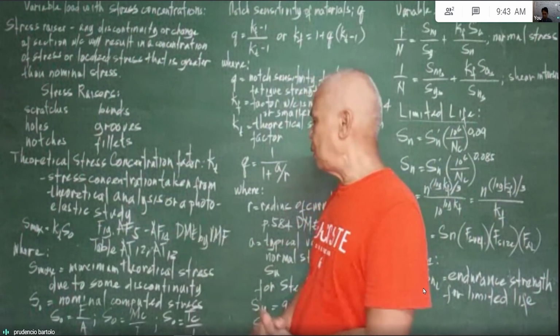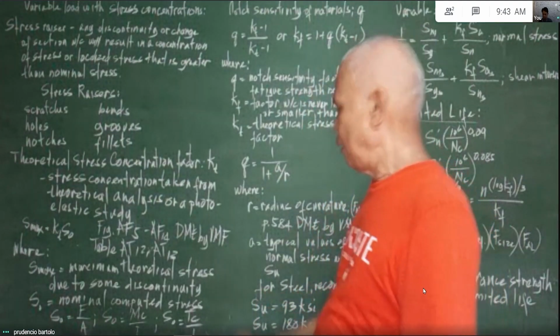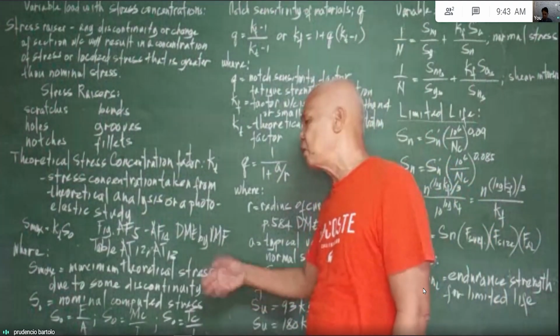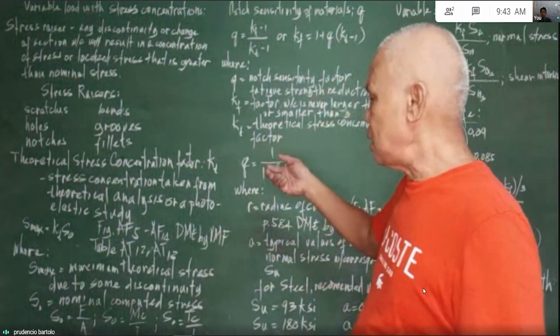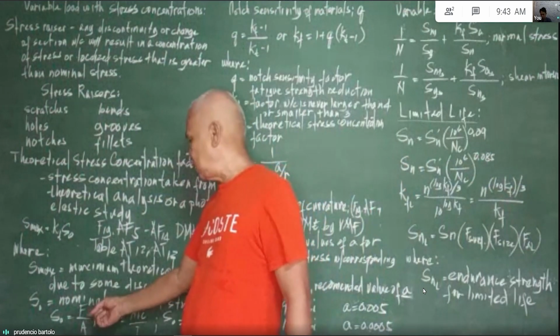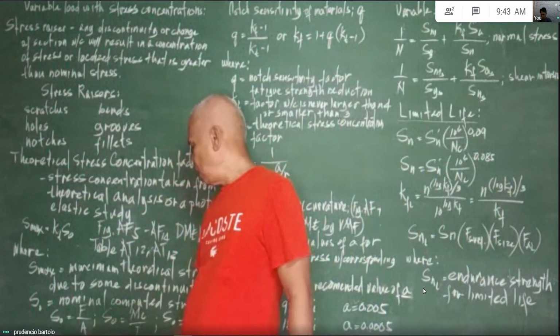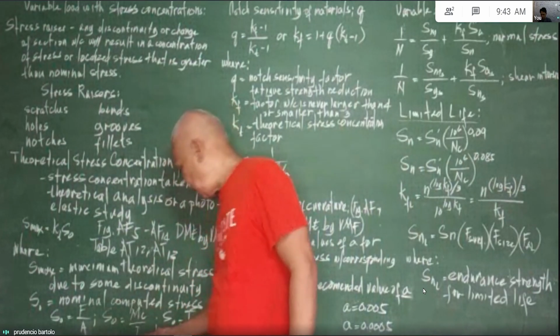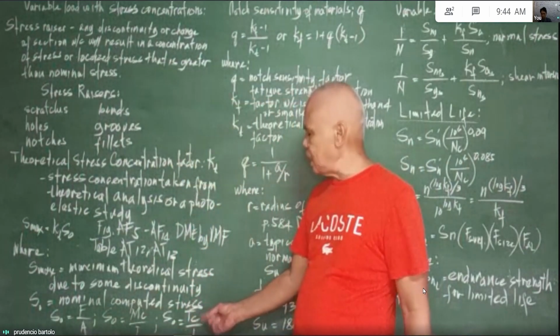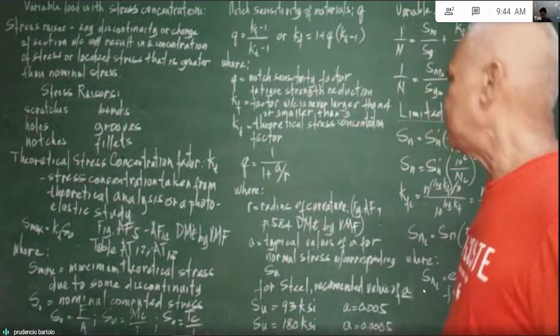Then S sub o is the nominal computed stress, which is the stress that we took before for simple stresses. That is, nominal stress is equal to F over A, or MC over I, or TC over J, for axial loading and